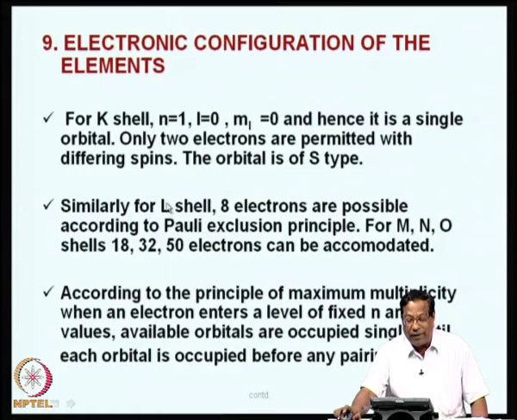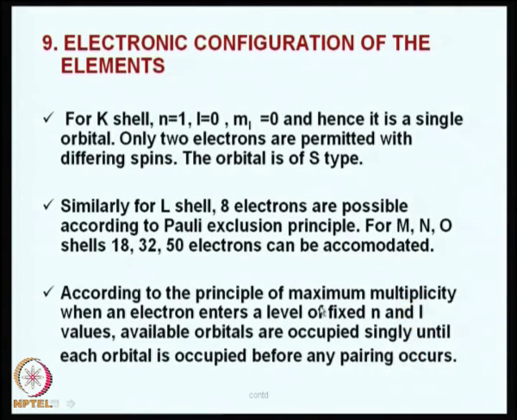The orbital is of s type, that means it is symmetrical around the nucleus. Similarly, for the L shell we have 8 electrons. According to the Pauli exclusion principle, for the M, N, O shells, 18, 32 and 50 electrons can be accommodated. According to the principle of maximum multiplicity, when an electron enters a level of fixed principal quantum number n and l values, available orbitals are occupied singly